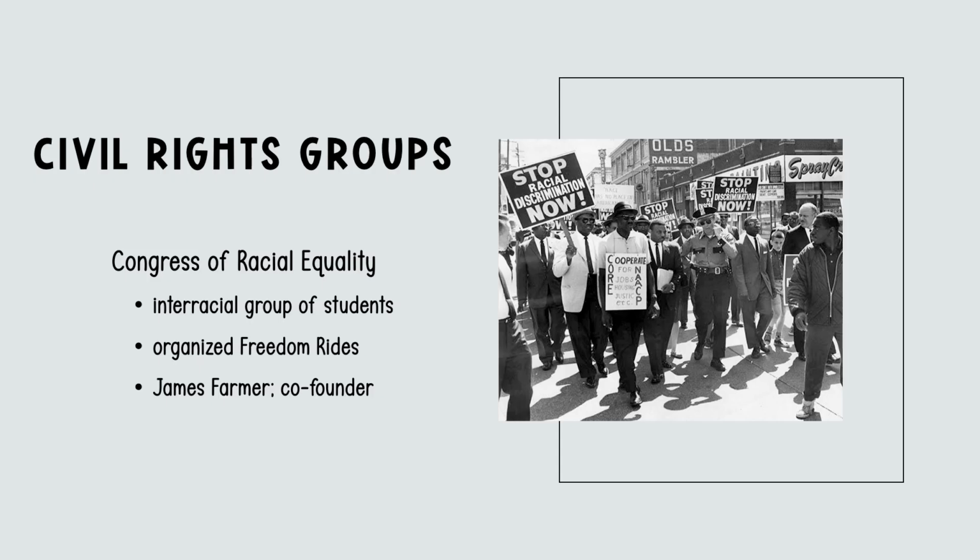The Congress of Racial Equality was founded in 1942 by a group of young activists, including James Farmer, George Hauser, and Bayard Rustin. CORE played a vital role by advocating for nonviolent direct action to combat racial discrimination. It organized protests, sit-ins, and freedom rides to challenge segregation and promote equal rights for all Americans.